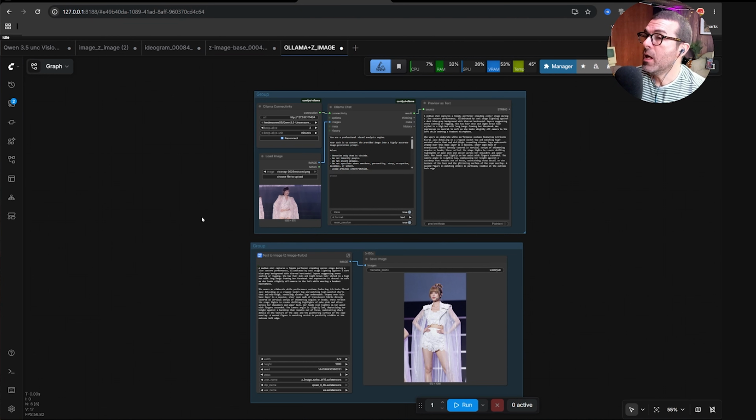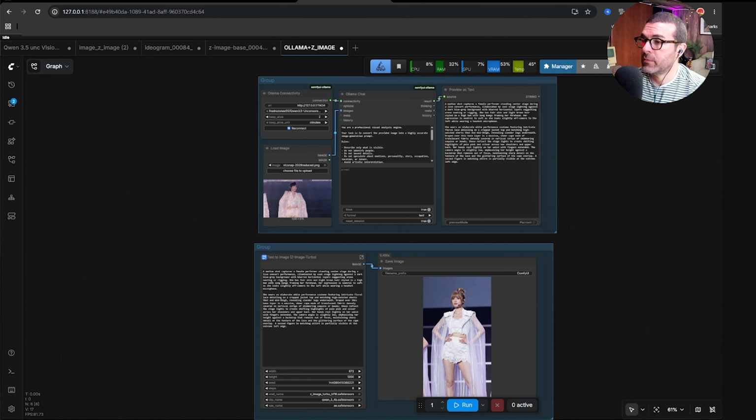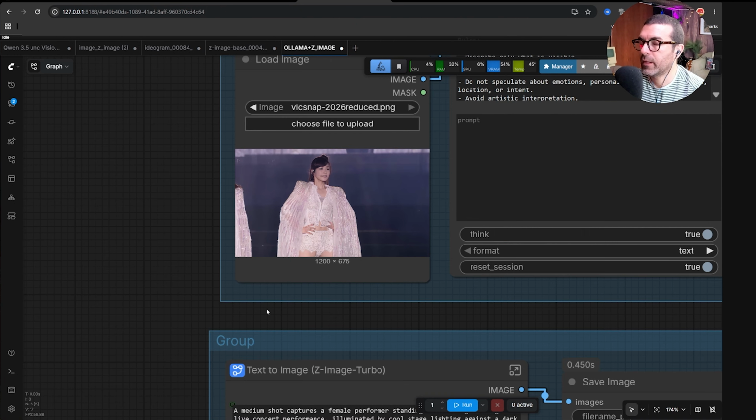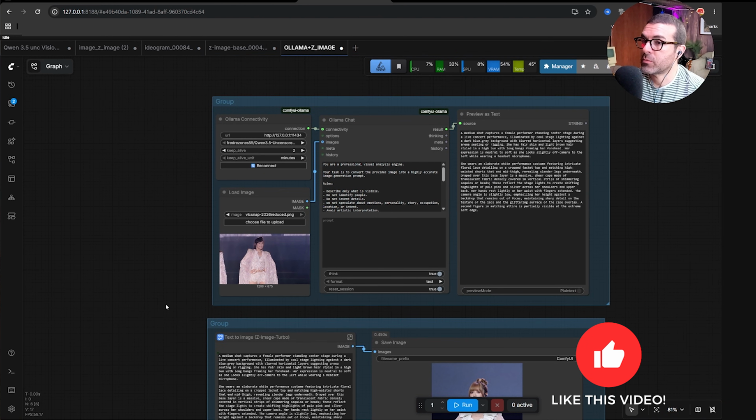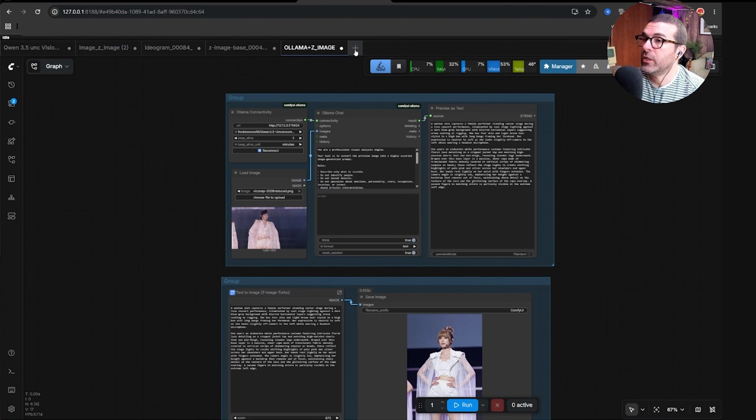So I was able to upload an image, and then the language model Qwen 3.5 uncensored was able to generate a prompt that I took and pasted into Z-image, using text-to-image turbo, and generate a similar image down below here. So even if you have a blurry picture, it does a pretty good job. This picture was quite small, but I took it from a screenshot from a video just to test how clever this language model was. The first thing we're going to do is open a new workflow